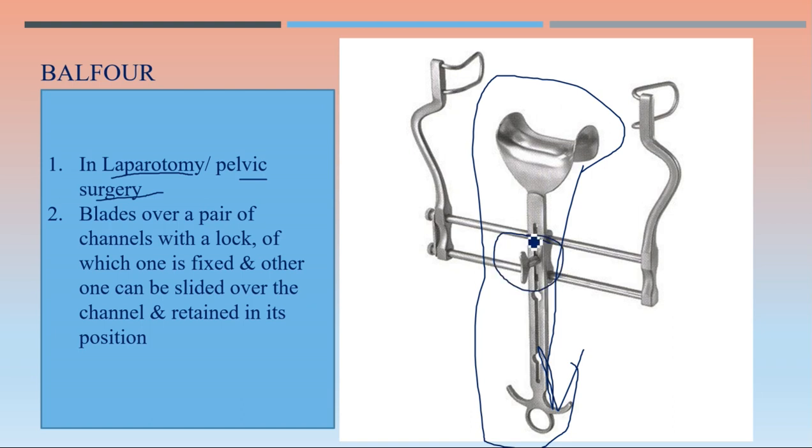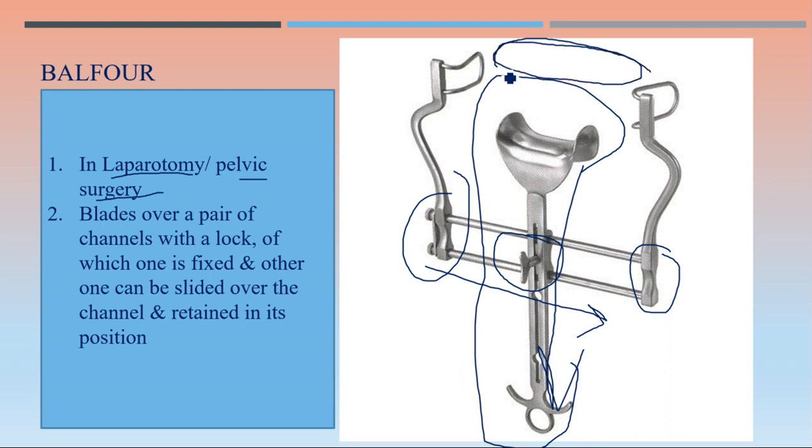Here is the lock, of which one is fixed and the other one can be slid over the channel to retain its position. Here you can see this one is fixed, and this prong can be slid over this channel depending on the distance between the two margins,